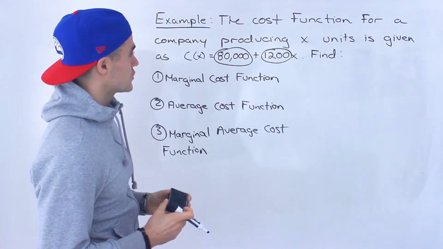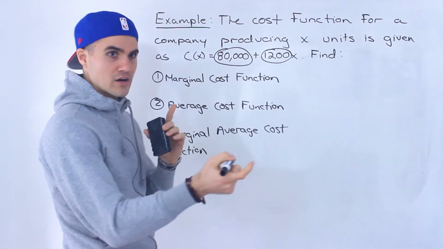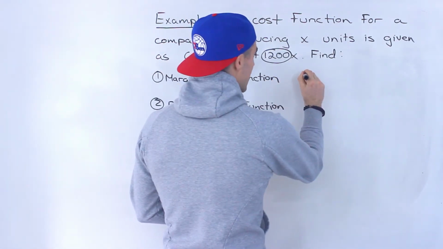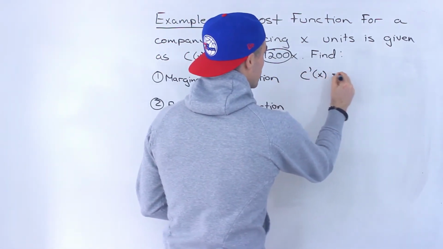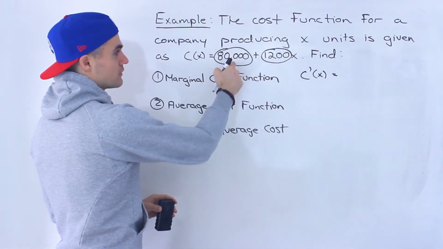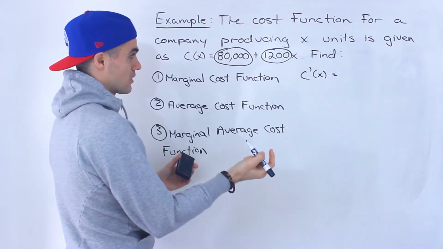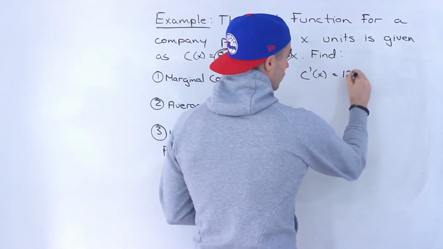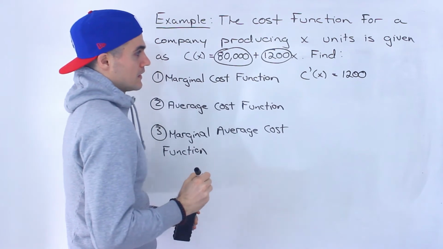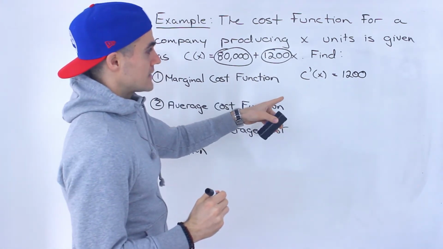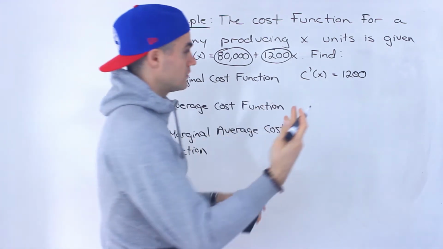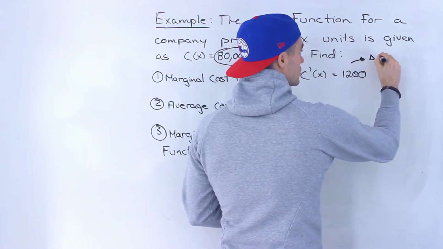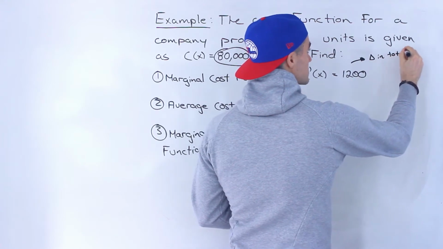So the marginal cost function. Now the marginal function of any function is just the first derivative. So notice that if we take the first derivative of this function, the derivative of the constant is just going to be 0, and then the derivative of 1200x is just going to be 1200. And notice, what does the marginal cost function give us? It gives us the change in total cost